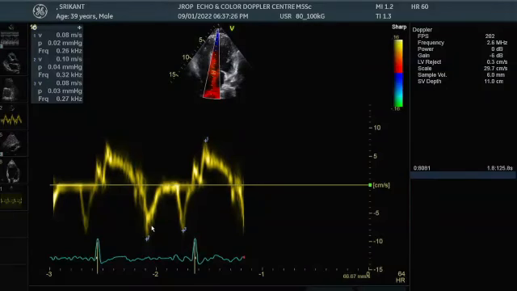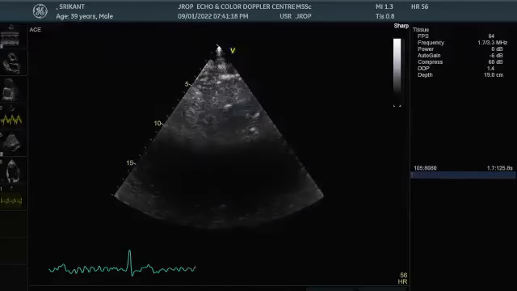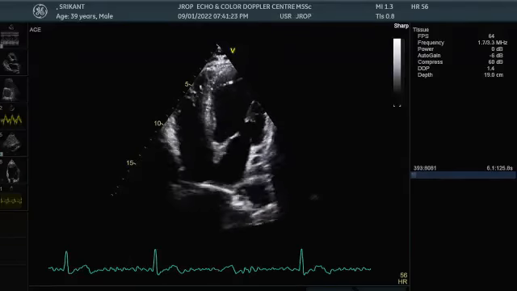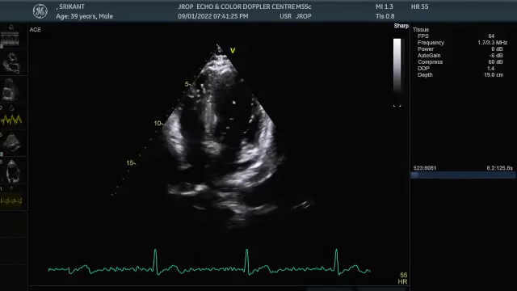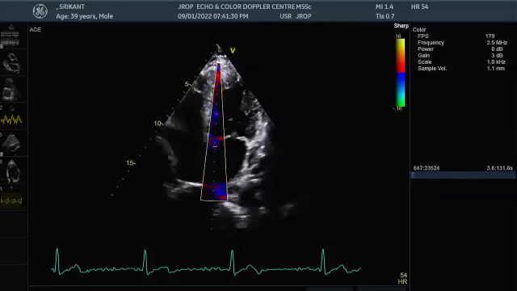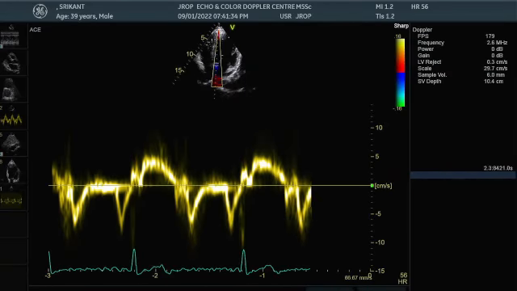The answer is you ask the patient to hold the breath and then freeze your 2D image. I'm going to show you that live now. This patient is breathing. I'm not saying anything to him. He's breathing, my image is moving. Now I'm trying to calculate it. Now look what I'm getting.